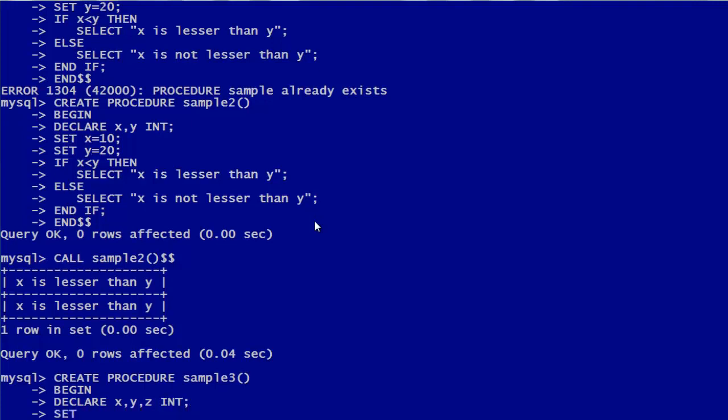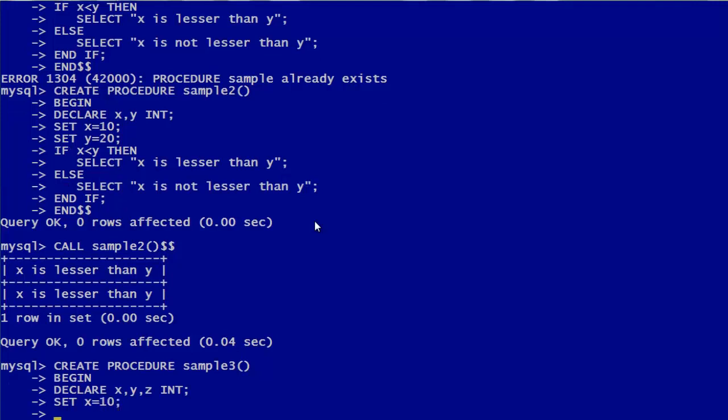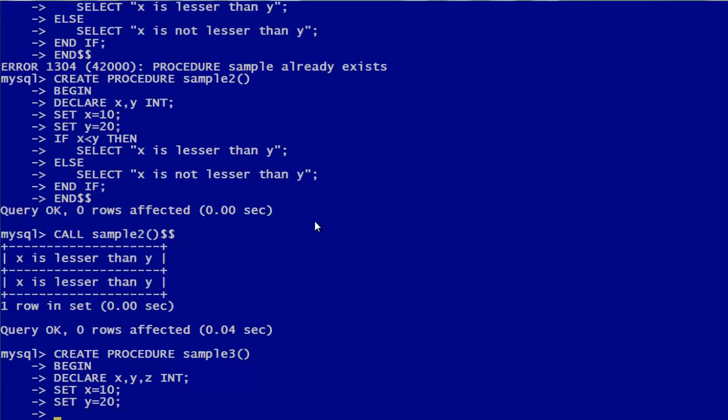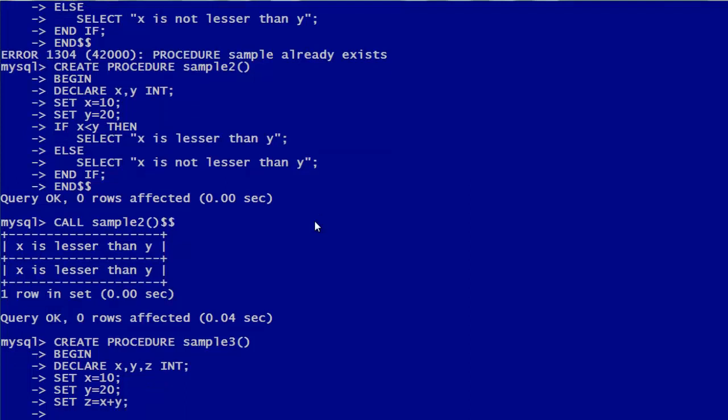Now this time I'm going to set the value for x as 10, set y as 20, and set z equal to x plus y. So I'm going to add both x and y together,